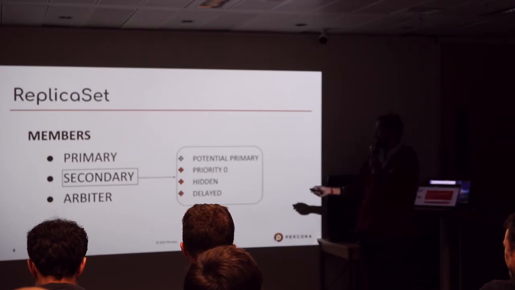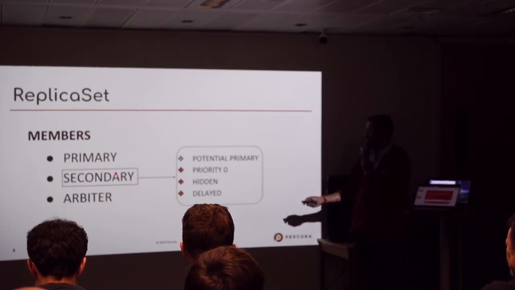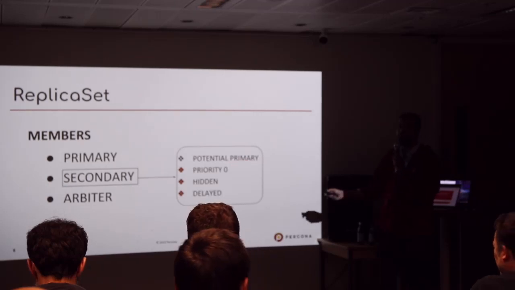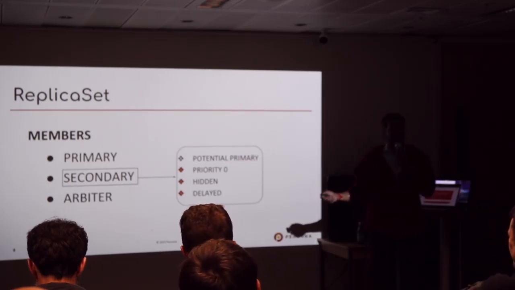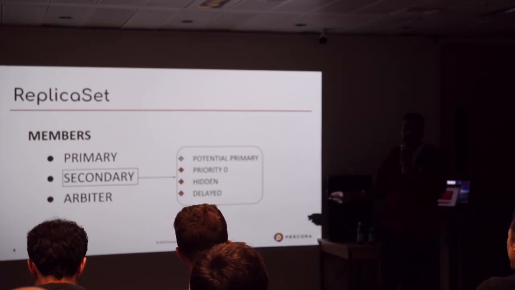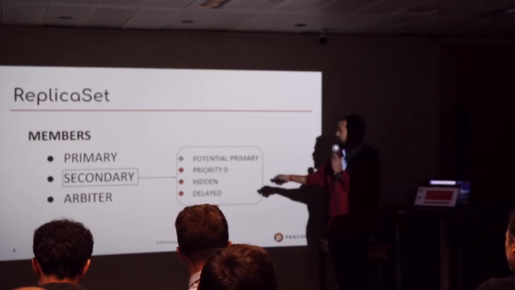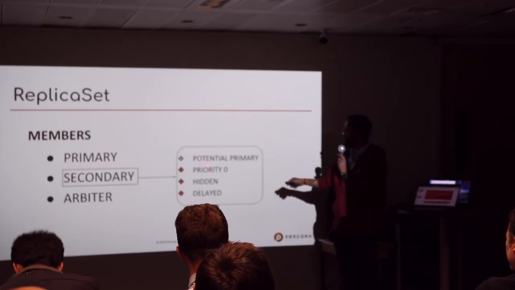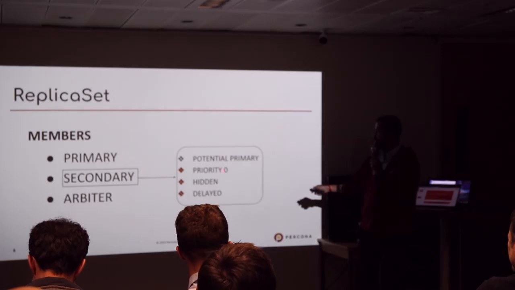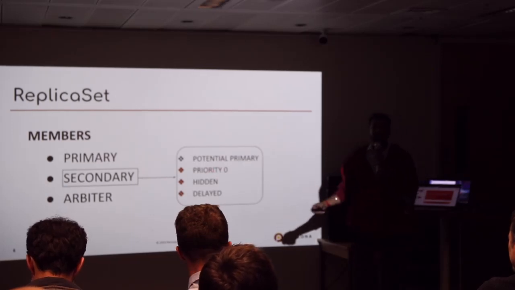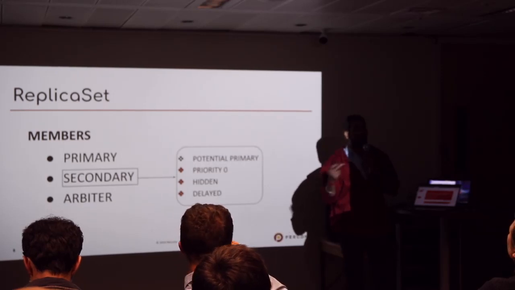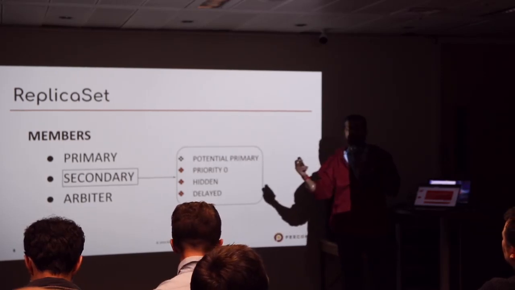And another thing is the secondary can possibly be the potential primary. On failover, when the primary goes down, you can have your secondary as the potential primary. That means you have the option to set your secondary to become primary, or else priority 0. That means your application can still connect to your secondary, but if any failover happens, your secondary cannot